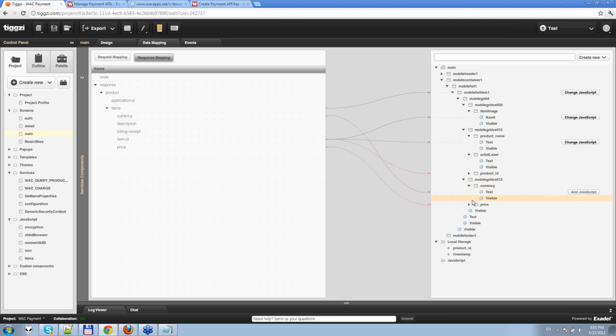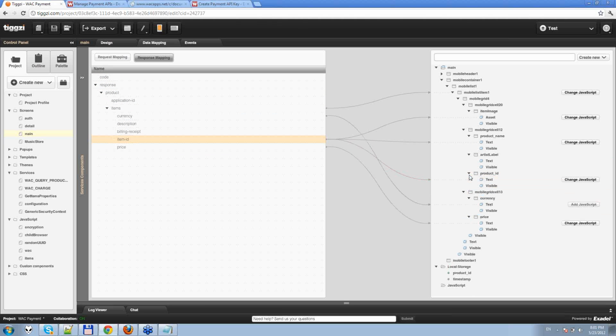So we also have mappings for price labels from the response, and now we are going to add a mapping to the artist label. So basically, if we have a very simple service, we just drag and drop the response parameter